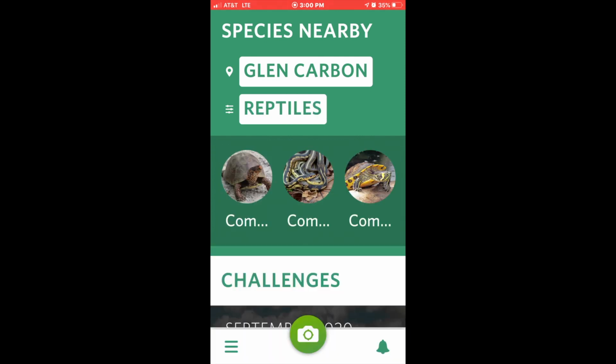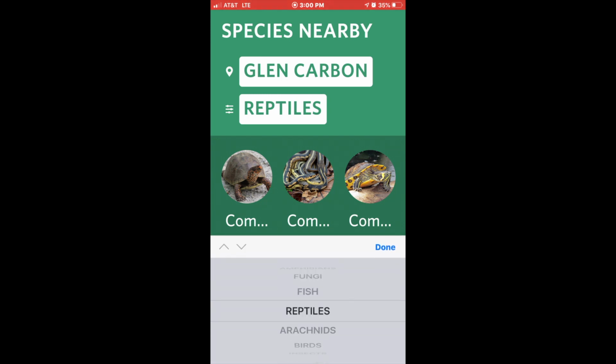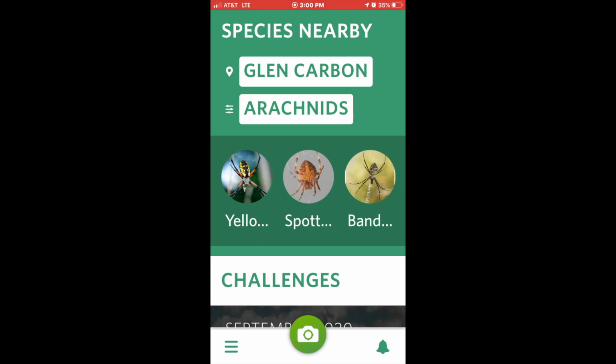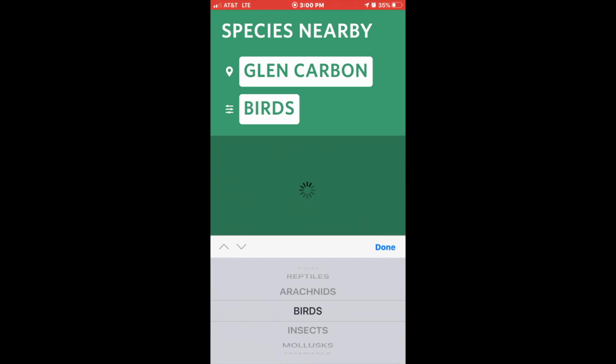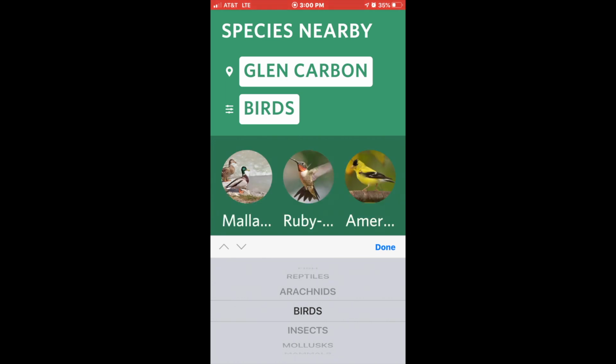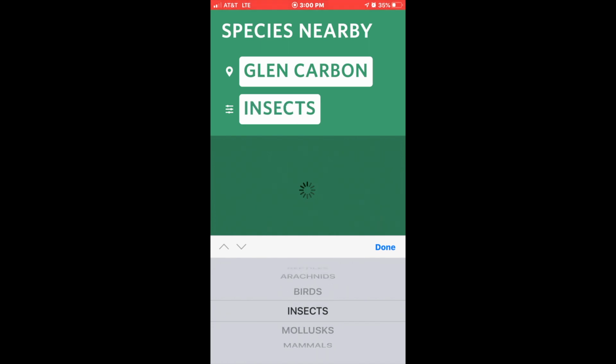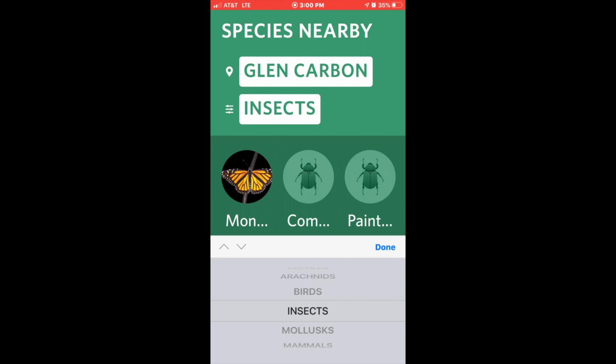Different reptiles that we may see, turtles and snakes. Arachnids. So when we can look at different spiders. If I see a spider web and there's a spider in the middle of it, I could take a picture and figure out what the spider's name is. Birds that we might see. All right, goldfinch and a hummingbird and a duck. Different insects that we might come across while we are out. The monarch butterfly, the painted lady butterfly,